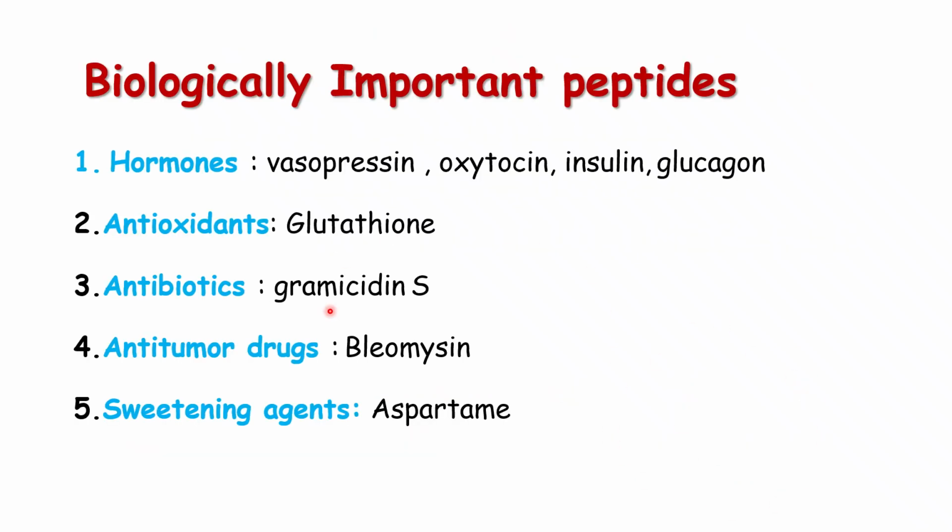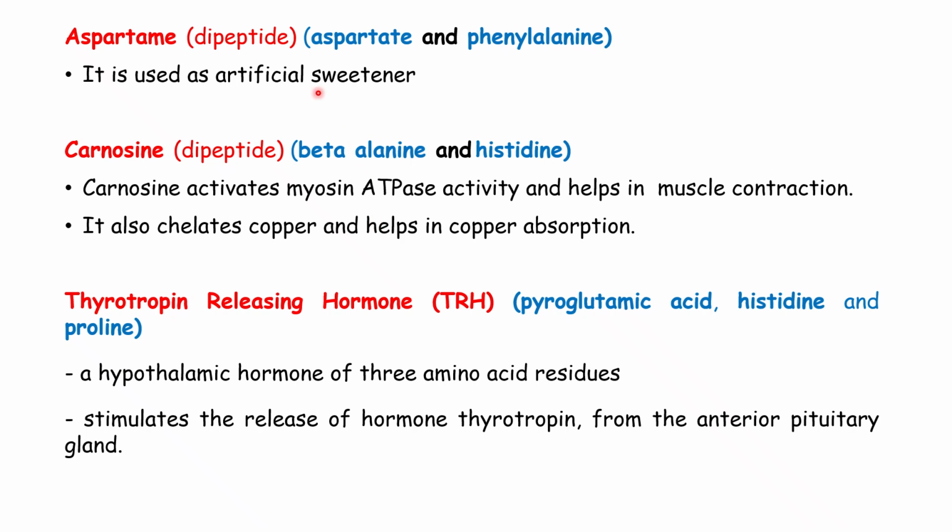And very important, another 5-mark question: biologically important peptides. They act as hormones, antioxidants, antibiotics, anti-tumor drugs, sweetening agents. I've given the examples, and I've also made shorts on my YouTube channel. Go and read, write neatly in the exam. These are all biologically important peptides I've given: aspartame, carnosine, thyrotropin releasing hormone TRH,